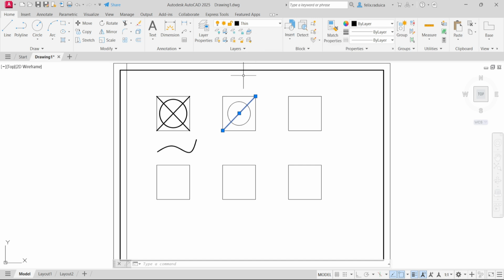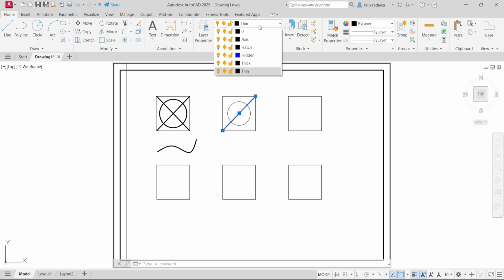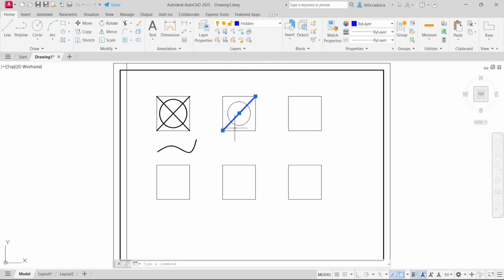So this is the active layer, the layer on which this object is. And I can click and select, for example, another layer like the hidden layer. And now my line here is on the hidden layer